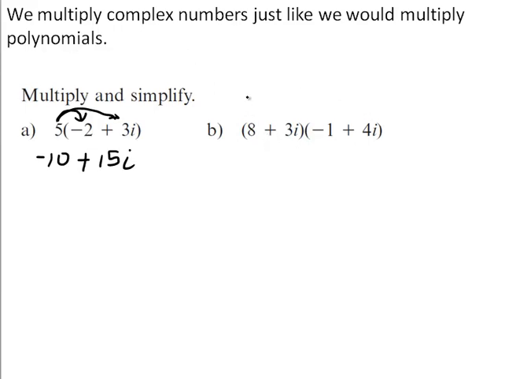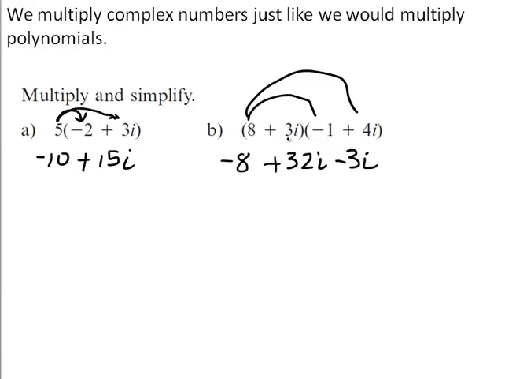So here we're going to use FOIL. So we're going to do the first terms. So 8 times negative 1 is negative 8. And then we'll do the outer terms. So 8 times 4 is 32. Now we'll do the inner terms. 3i times negative 1 would be minus 3i. And then finally the last ones. And 3i times 4i would be